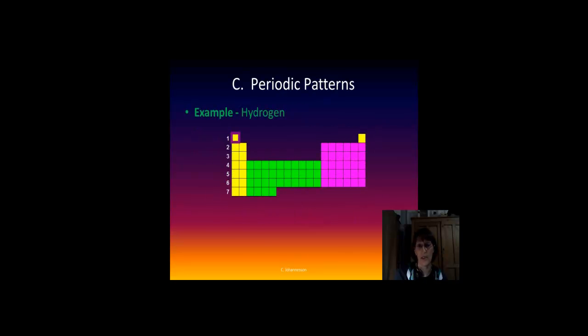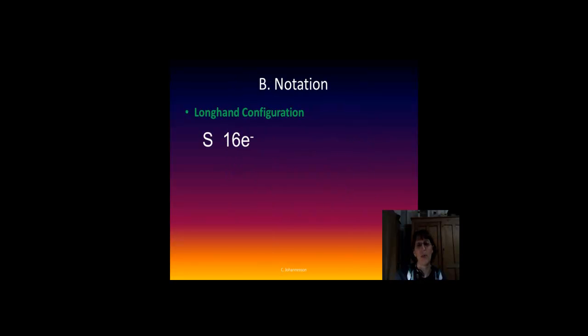Okay, so let's see what we have here. We have some lovely periodic table patterns. Here is hydrogen, and it's 1s1. It has 1 electron total, 1s1. So it's in the first period. It has an s orbital shape, and it's in the s block. The pretty yellow section is the s block. And it's in the first column of the s block. Now, if we do sulfur,